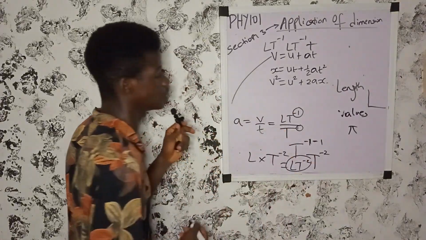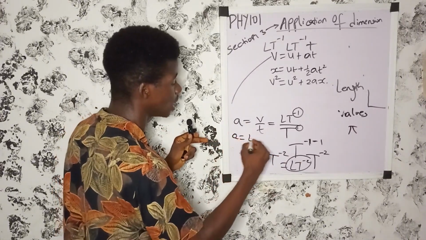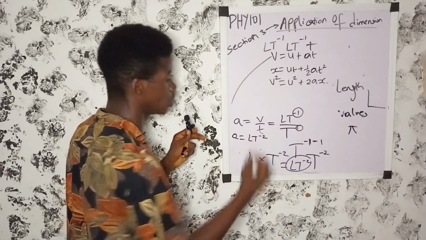So this is the dimension for what? This is the dimension for acceleration. The dimension for acceleration is L t raised to power minus 2. Okay,